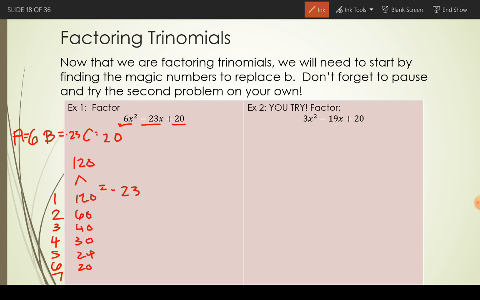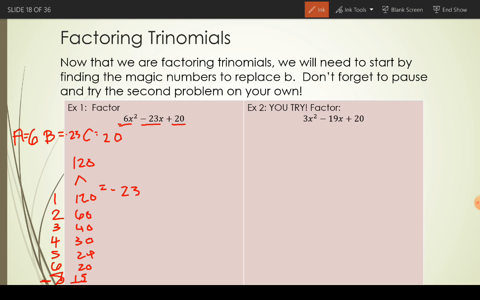7 times, yep, nothing. There's nothing times 7 that gives me 120, so I know I probably can just go ahead and see about 8. 8 times a value gives me 120, and that would be 15. Okay, so I know my magic numbers are going to be some variation of 8 and 15. Well, when I add 8 plus 15, I get a positive 23. Okay, so I know I'm going to have to manipulate the signs. If I put a negative on my 8, I get negative 120, which is not the positive one that I need, so I know that won't work.